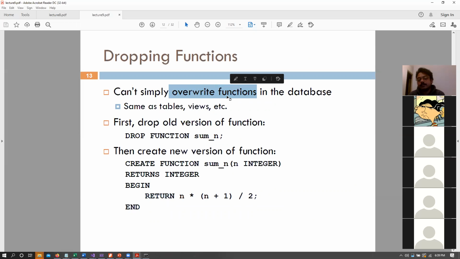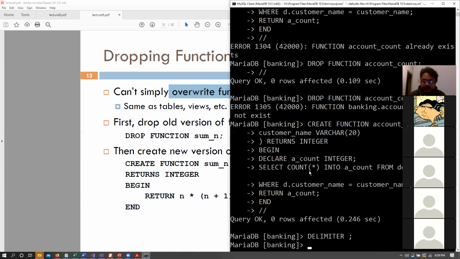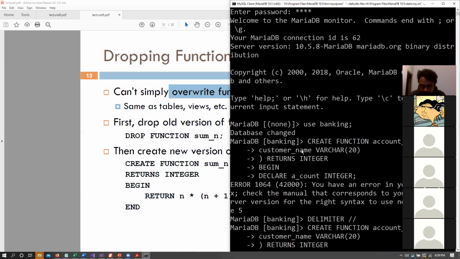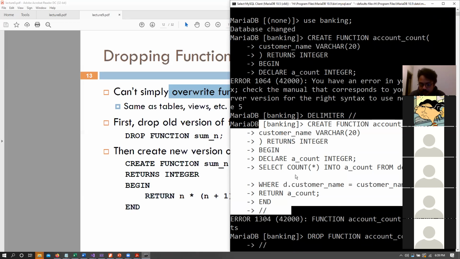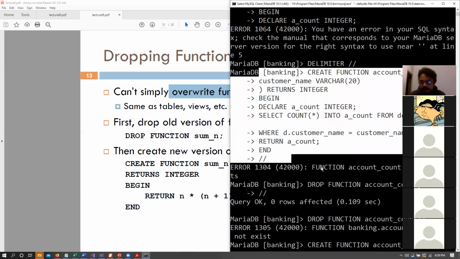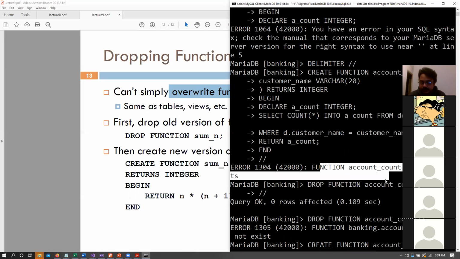So we can't overwrite functions. That means that we can't redefine the function body. As you saw with that previous example, when we fixed the delimiter and wrote our entire function body, it said that the function name account already exists, right?